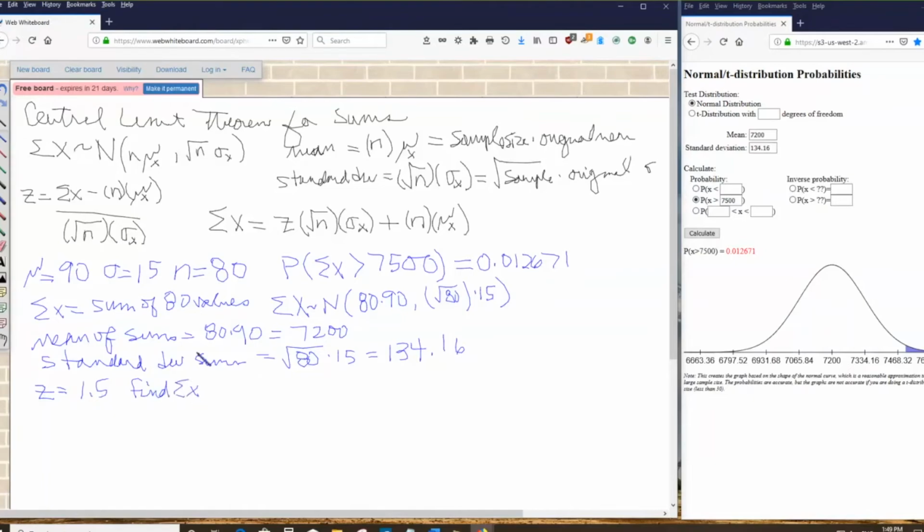So we're going to plug that into our formula: x equals our mean, which is the 7,200, plus the z-score times our standard deviation, which is our